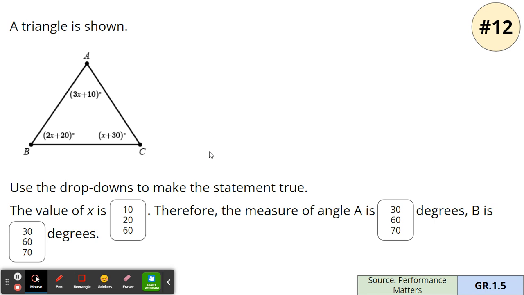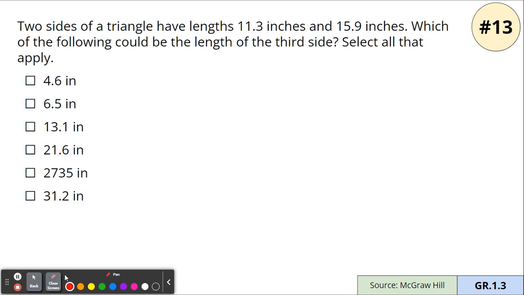Okay, moving on to question number 13. Two sides of our triangle have lengths 11.3 inches and 15.9 inches. Which of the following could be the length of the third side? Remember, we have a clue here. To get the range of values that will be okay to be the third side, we have to find